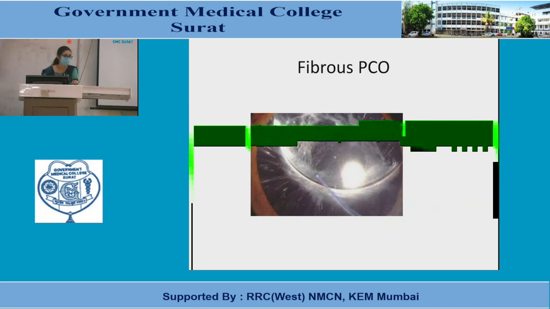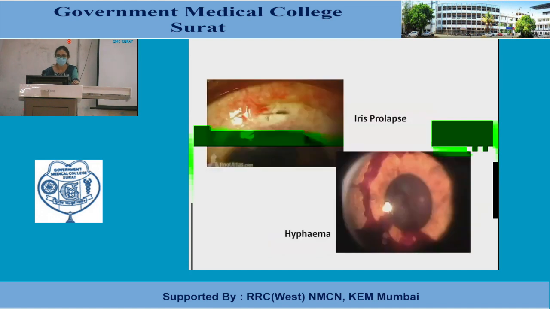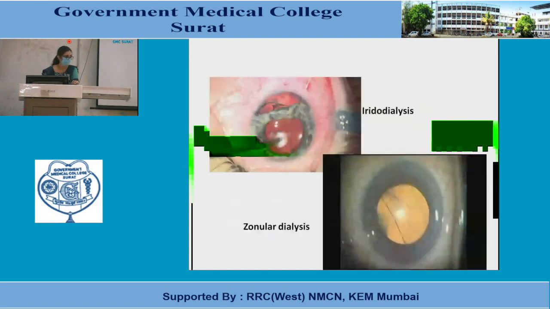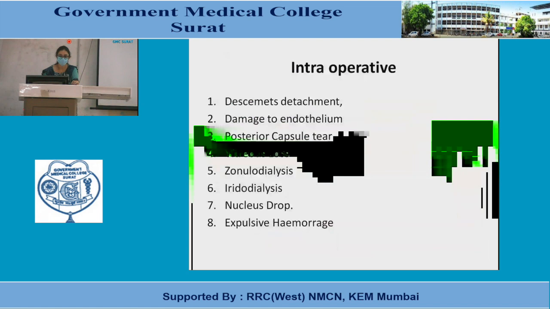What should be dehiscence? You have a posterior capsular tear, or otherwise you have damaged the endothelium. So remember, it is either a damage to the anterior structures, that is endothelium, so Descemet or your corneal decompensation, or damage to the posterior. That means your PC tear, your vitreous prolapse and your nucleus drop.